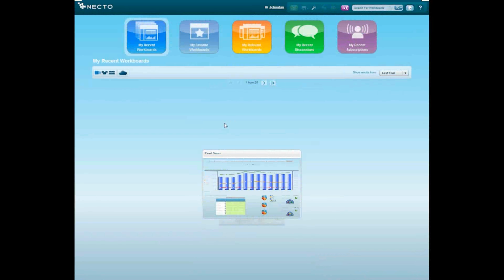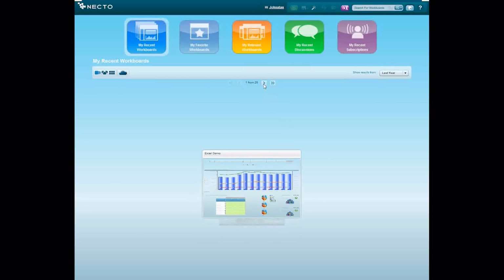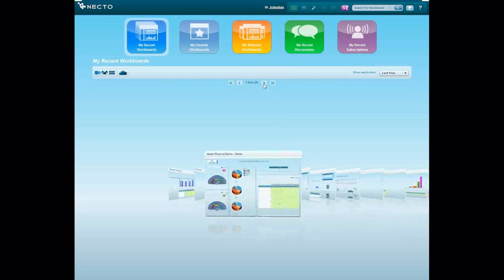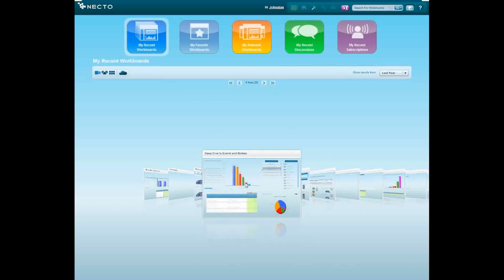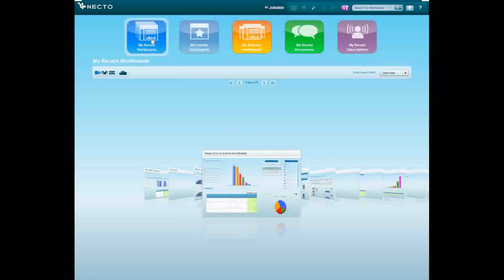This is Necto's home screen. You can see an example of a workboard. A workboard is basically a collection of charts, grids, graphs, but also of discussion and threads that people are having over the data. I can see here a link to my recent workboards, to my favorite workboards, but also to